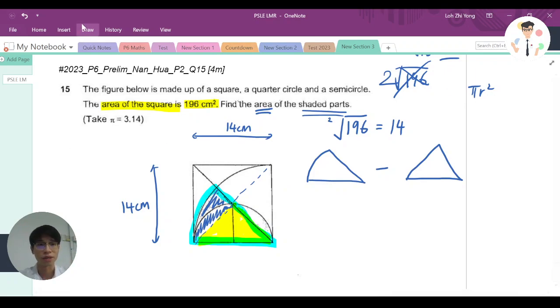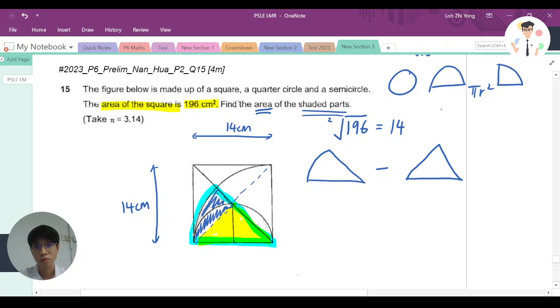Usually, if I can find the area, I can just use pi r squared. But this is not a circle. This is not a semicircle. This is not a quadrant. If it is a circle, you know it's pi r squared. That's all. If it's a semicircle, it's half pi r squared. But if it is a quarter, it is 1 over 4